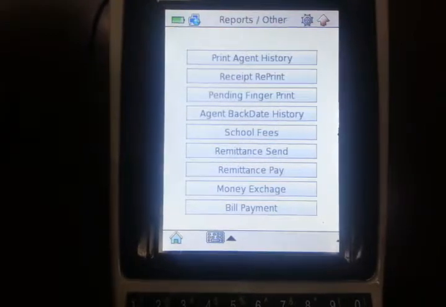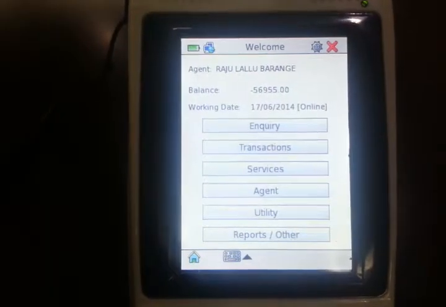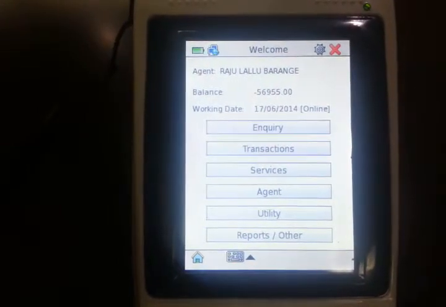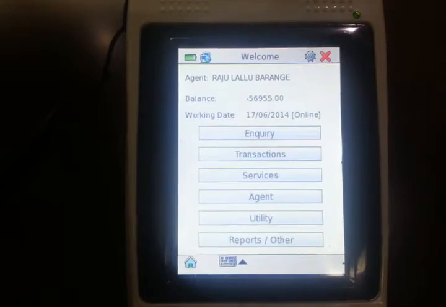Let's get back to the main home screen. So these are the options available in the branchless banking application. Thank you.